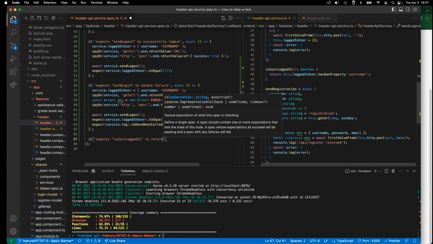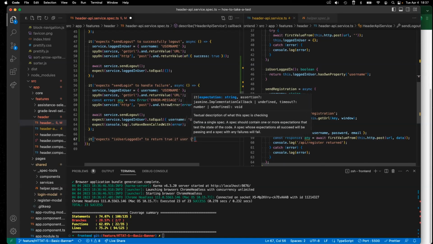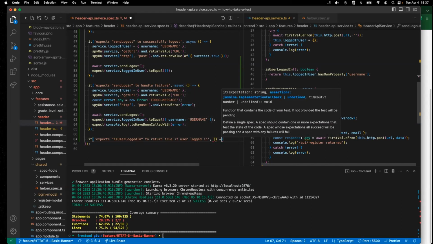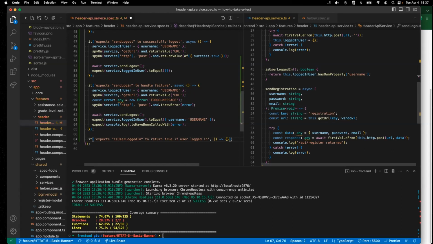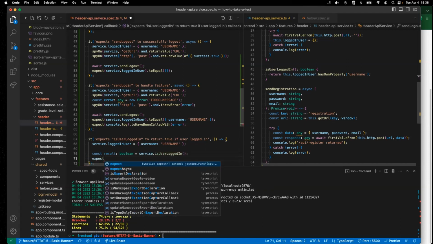Return true if user logged in. We're going to need a false state. That's easy enough to mock. We have stuff up above that can speed that up. So if they're logged in, you have something like this, right? Here's our setup. Then we say const result boolean equals service dot is user logged in. Expect result